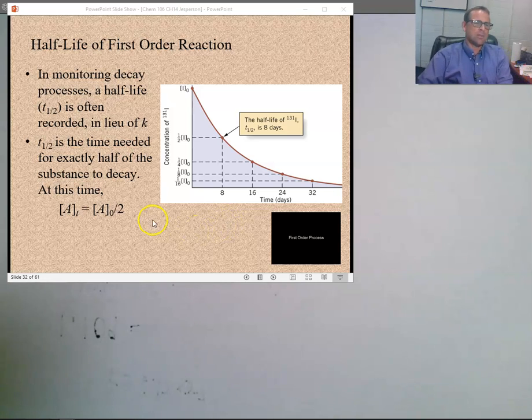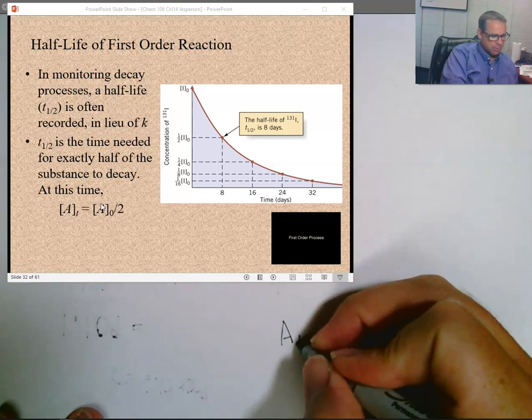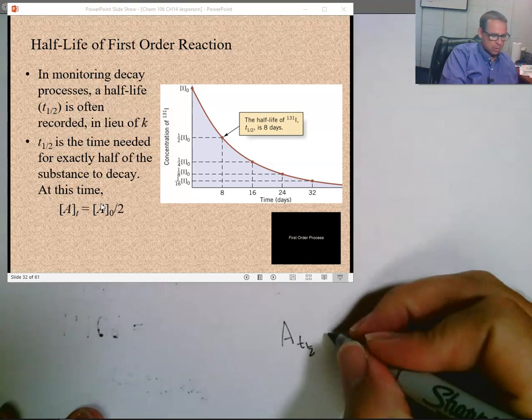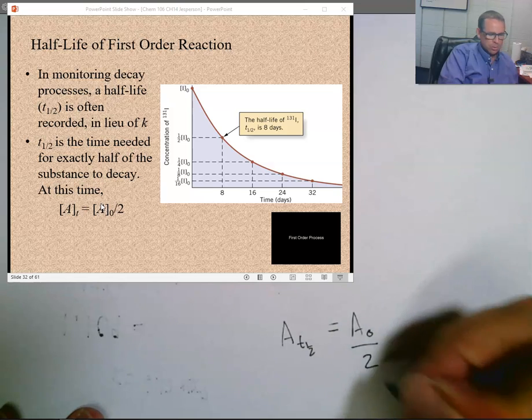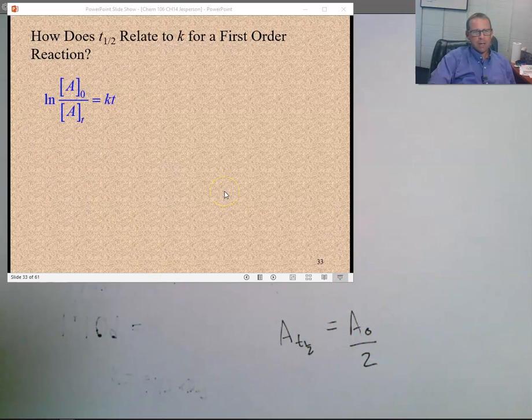Okay? So there is this relationship where at time t, where t is your half-life, the concentration will always be half as much. Let me rewrite that so we can see that clearly. A after t half, where t half means the half-life, will equal A naught over 2. So what's interesting is if we take our integrated first order reaction and input this information for t, where t is your half-life, then what you get is,